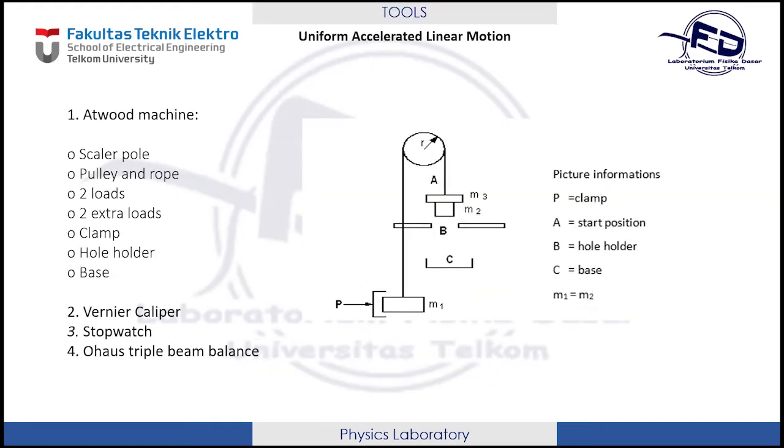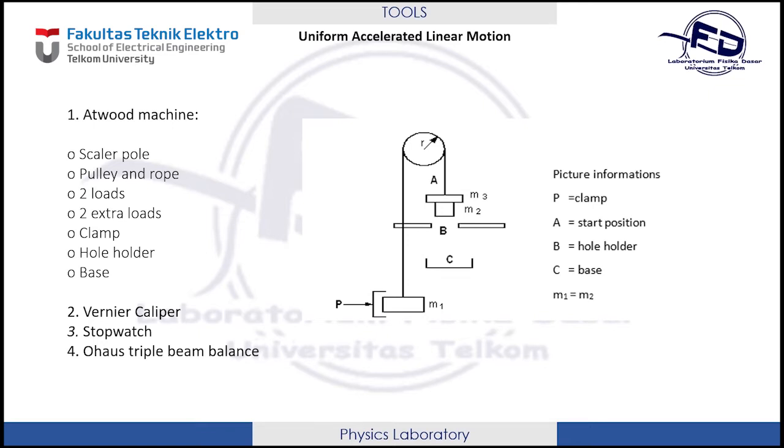The tools that we are going to need for uniform accelerated linear motion are a full set of Atwood machine that consists of scalar pole, pulley and rope, 2 loads M1 and M2, 2 extra loads M3 and M4, clamp, hole holder, and base. We also need a Vernier caliper to measure the pulley radius, a stopwatch to record the load movement time, and a triple beam balance to measure the mass of the load. In the picture given, it seems to lack the scalar pole. If described, the scalar pole is a pole that supports the pulley and has a scale to calculate the distance